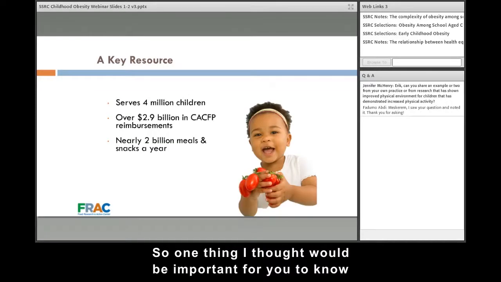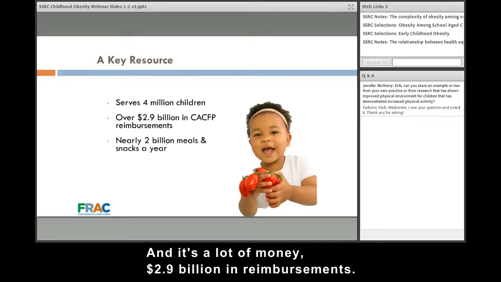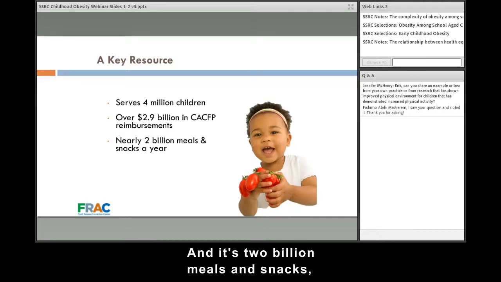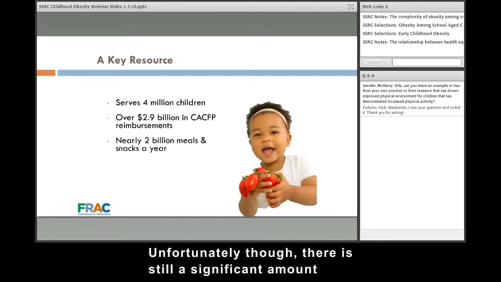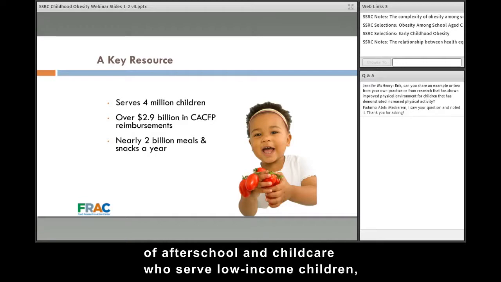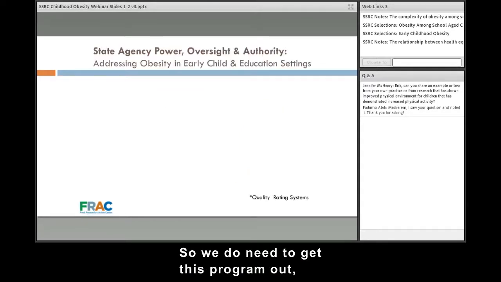So one thing I thought would be important for you to know is the reach of the program. It serves 4 million children. That's a lot of kids, and it's a lot of money, $2.9 billion in reimbursements, and it's 2 billion meals and snacks. So it's got a broad reach. Unfortunately, though, there is still a significant amount of after-school and child care that serve low-income children but don't use the program. So we do need to get this program out, and that is one of the key issues in terms of looking at